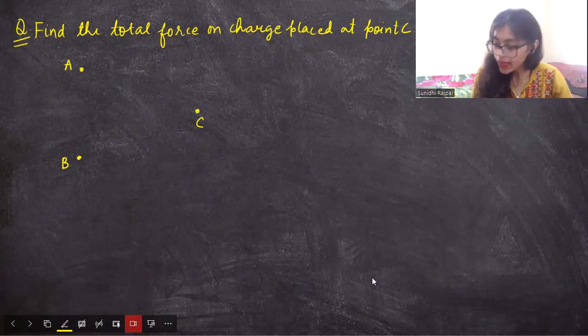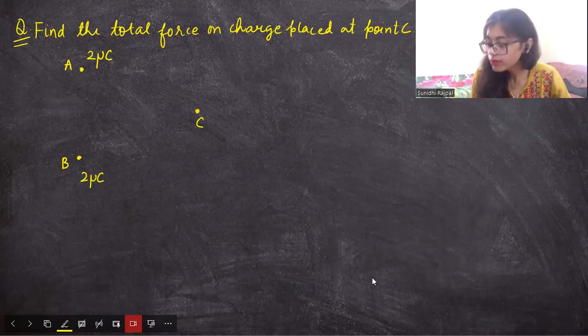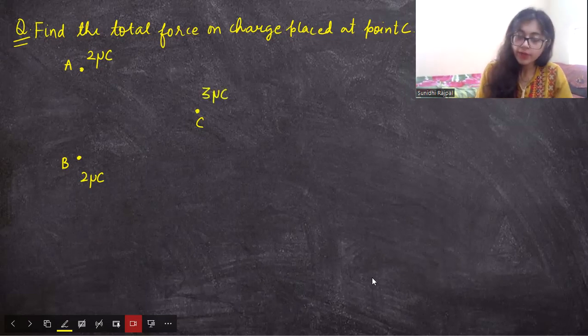So first, the charge sitting at A is 2 microcoulomb, the charge at B is also 2 microcoulomb, and the charge at C is 3 microcoulomb. So you have three charges sitting at the corners of a triangle, and it is given that this side,